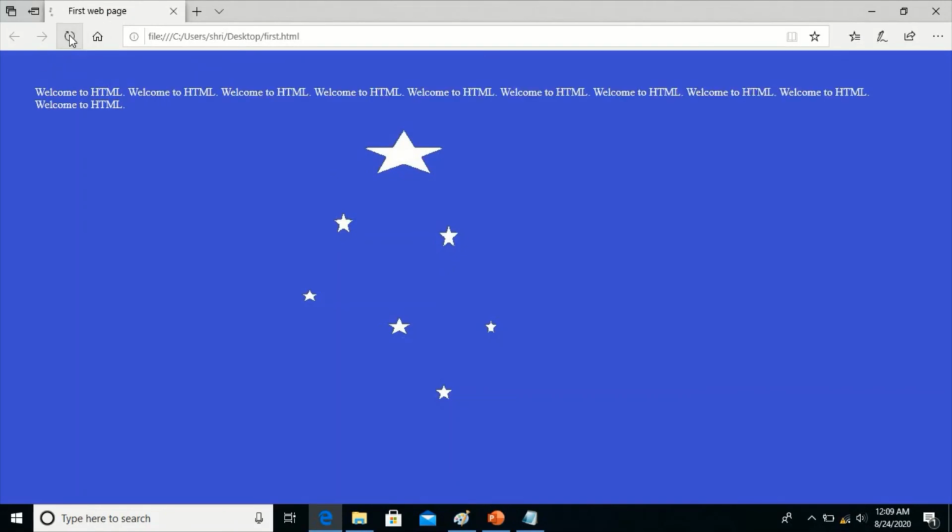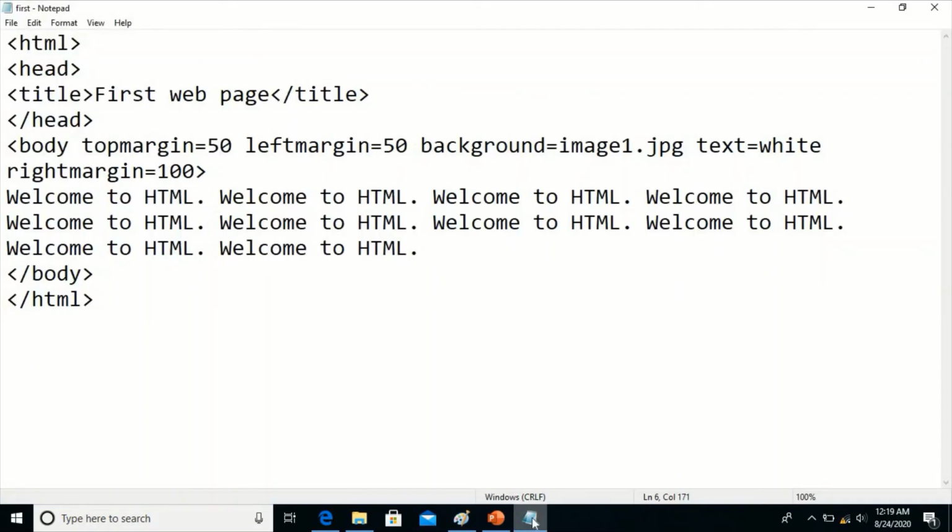Refresh. As we have set right margin equal to 100 and left margin equal to 50, so there is more right margin compared to the left margin. This is how the attributes of body tag can be used to format the web page.